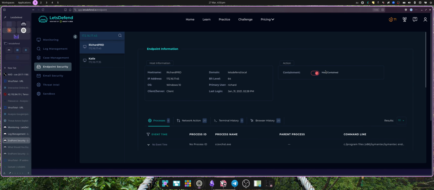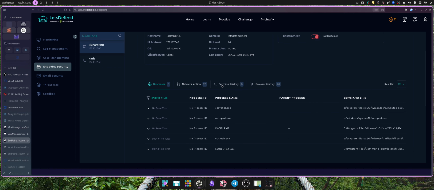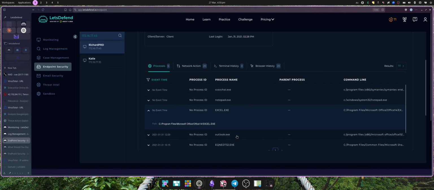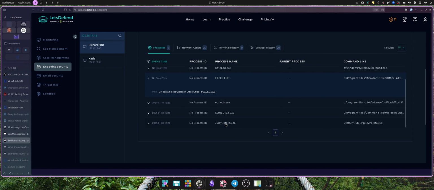It's already been contained. In this setup, it just means that I've had another alert. They only have so many endpoints in LetsDefend. I think I'm on my 80th ticket or something, so I've probably dealt with this endpoint in another alert, so just ignore that. But we are seeing the Excel process, which is what we then saw in the logs,